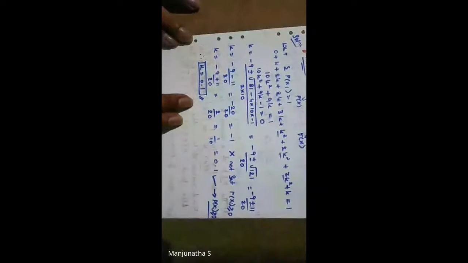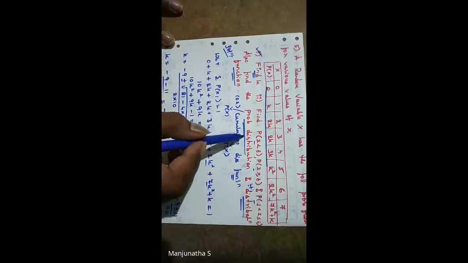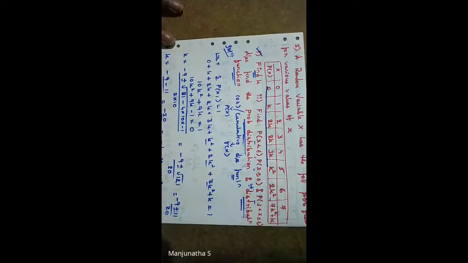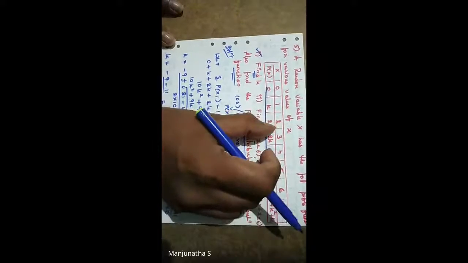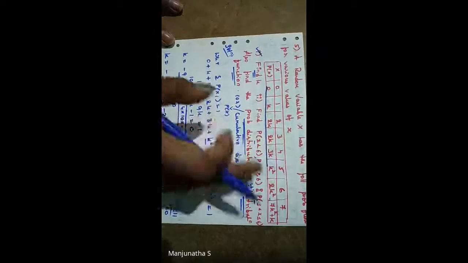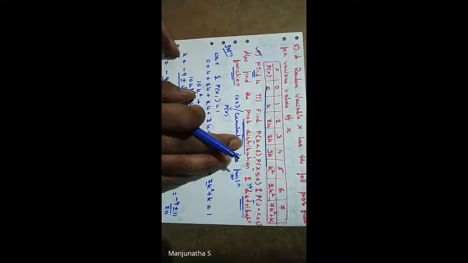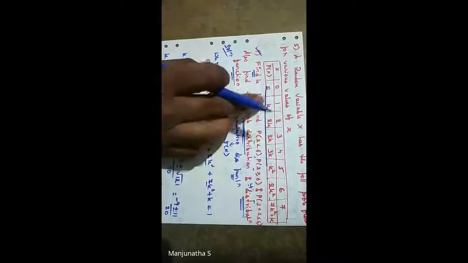So this is how we got k is equal to 0.1. So now finding k is finished. Next, I will not go for P of x less than 6 and P of x greater than or equal to 6. I'll go for probability distribution. Once you find out the table, you can do it, or directly you can add that k and substitute the value. Anyhow, they have asked for probability distribution, so first we'll find that. Then it will be easy. If it is in values, we just need to add, that's all.